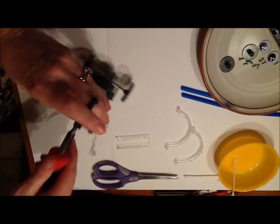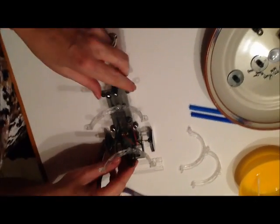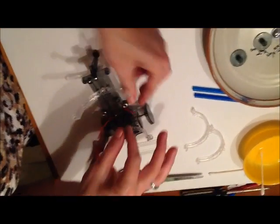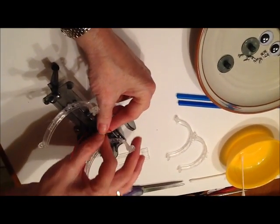Things in there straight. Okay, now, see, it just helps it rest so you can work. Okay, next we're going to go ahead and assemble. Let's put the wires together. And here you take a red and a black